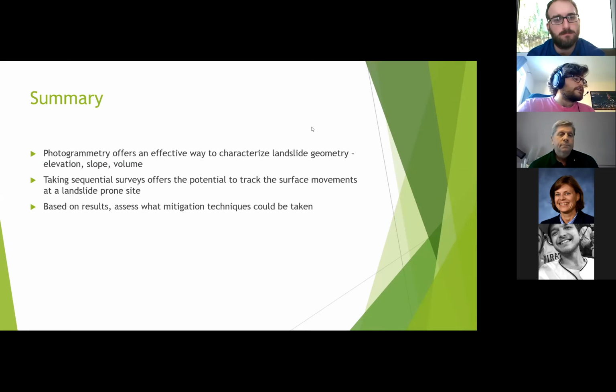Some of the drawbacks, definitely just learning how to set up the site and how you're collecting and taking the photos, what kind of alignment and what kind of setup you want to do.